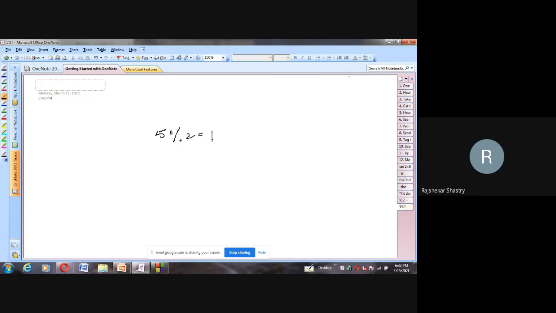Similarly, if I say 7 mod 3, what is the answer? 1 again. Likewise, 15 mod 3, what is the answer? 0, because it goes exactly 5 times. So the remainder is 0. All in all, the modulus operator gives the remainder, and the division operator gives the actual quotient. If you are expecting a remainder, then better use the modulus operator.